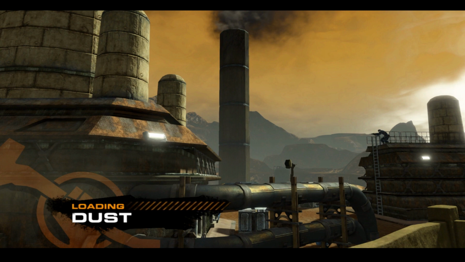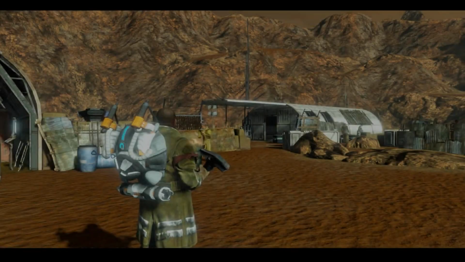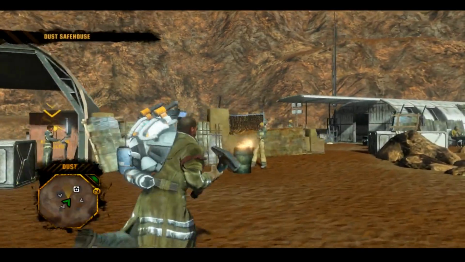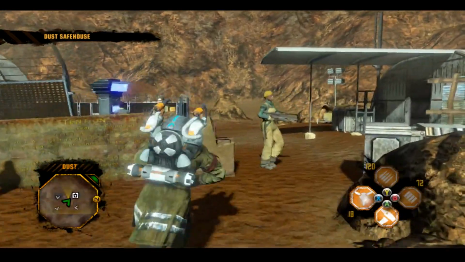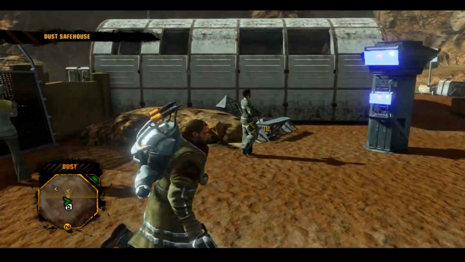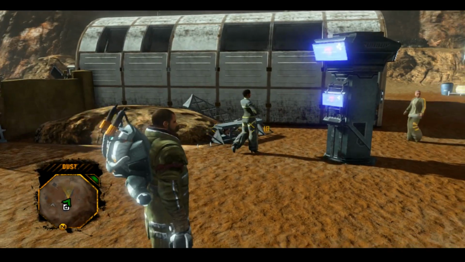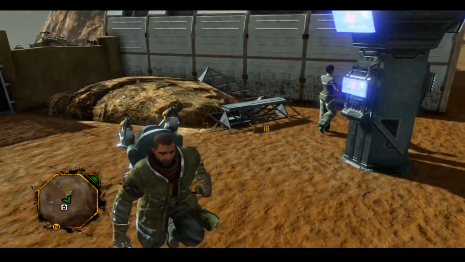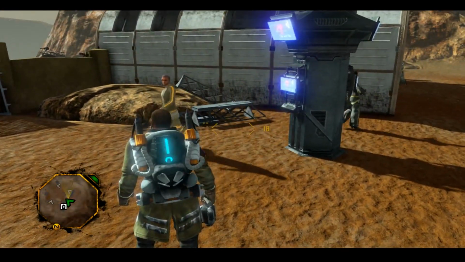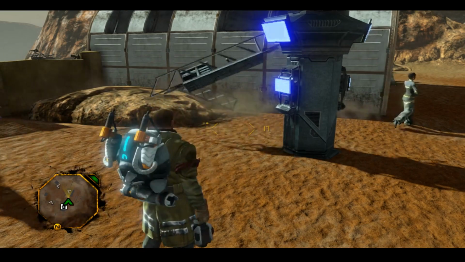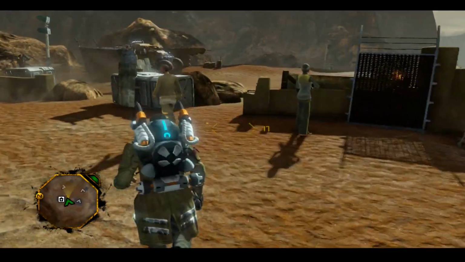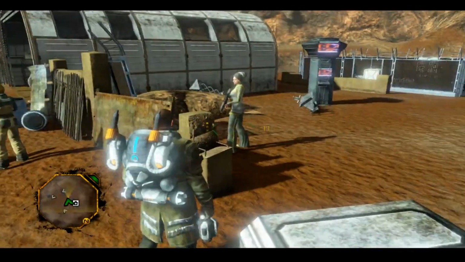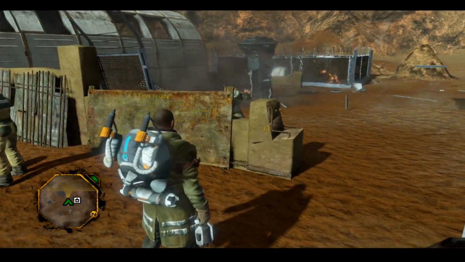Whenever you're loading into this safe house in particular, there is a piece of debris that is clipping into another piece of geometry, and it kind of throws it in the air. Okay, it's not actually throwing it up this time because, of course, I'm recording. But I think I can still, because it is placed in the ground there. That's a bug in and of itself, but it's really obvious when you load it and it happens. Let me see if I can get it to jump up. There we go. But yeah, I would bug that. See, that's definitely something that's not intended, so I would definitely bug that.